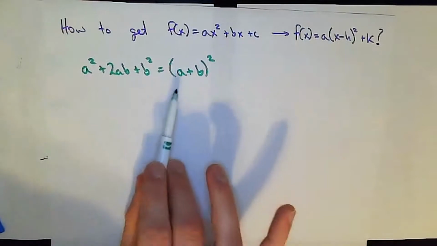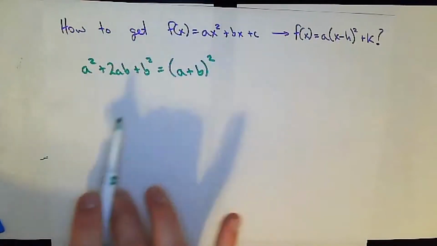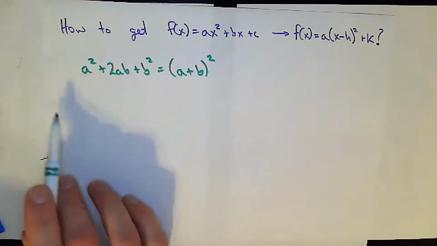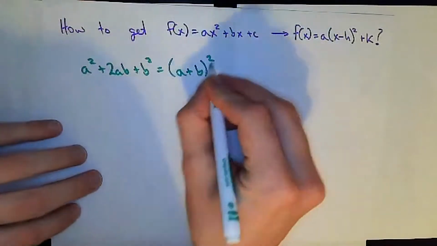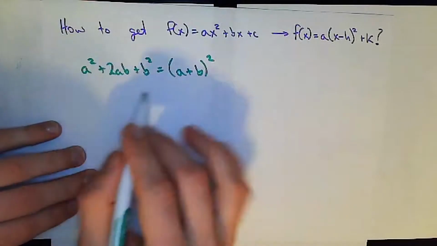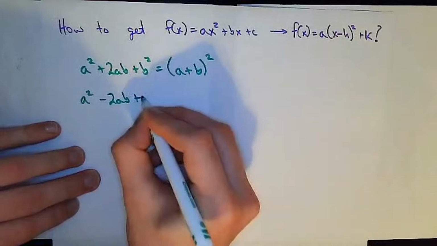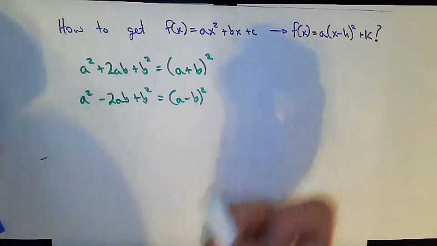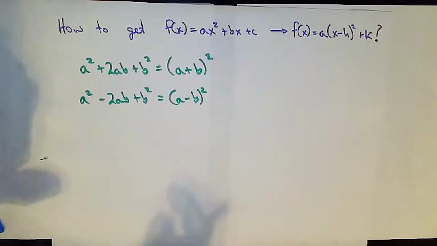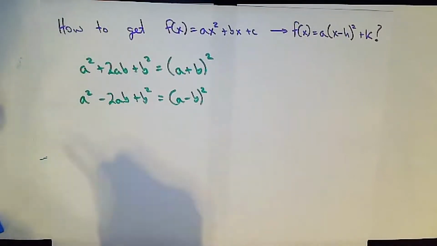Perfect square polynomials, perfect square trinomials in particular, there's two forms of those. There's the sum: a squared plus 2ab plus b squared is equal to a plus b all squared, and a squared minus 2ab plus b squared is equal to a minus b all squared. So I pointed these out a while ago, but just recall that the way to recognize these